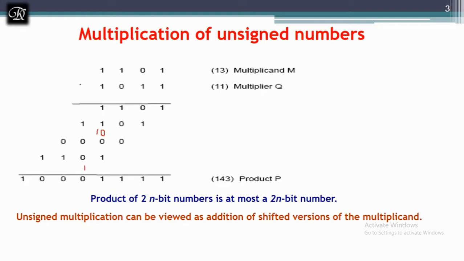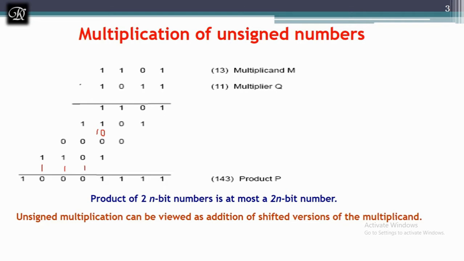Next, 1 and 0 is 1, and 1 and 0 is 1, and 1 added with 1 is 0, with a carry of 1 to the next stage. Again I add 0 with 1 and get 1, and 1 added with the carry gives 0, and carry 1 to the next level. Now I add 1 and 1, I get 10, I mark 0 here, and since I don't have a next stage, I write the 1 over there.